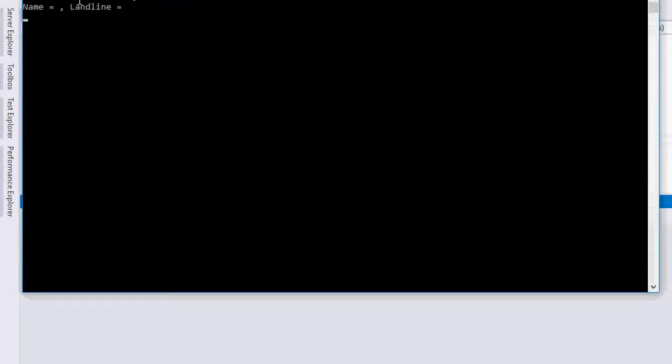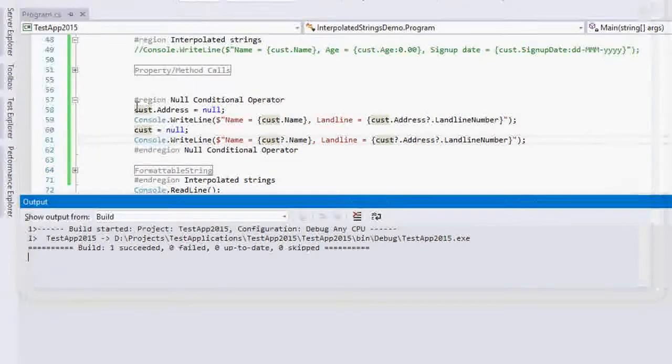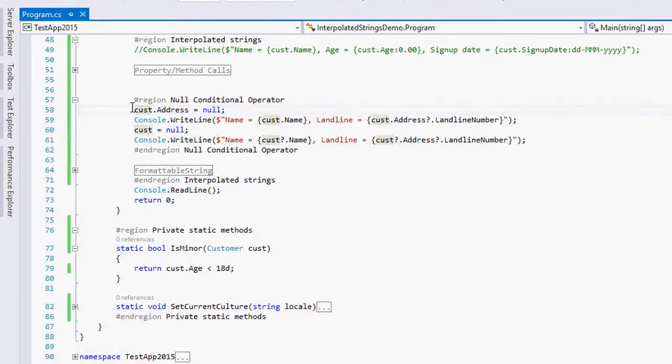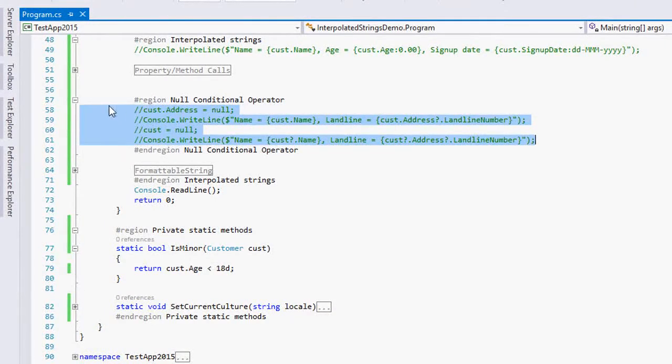As expected, in the first line my name is printed, and the landline is empty because the address is null. In the next line the customer object was null, so the name cannot be printed and it's just empty, and even the landline is empty. Okay, so this is done. Control K C. Moving to the next section,